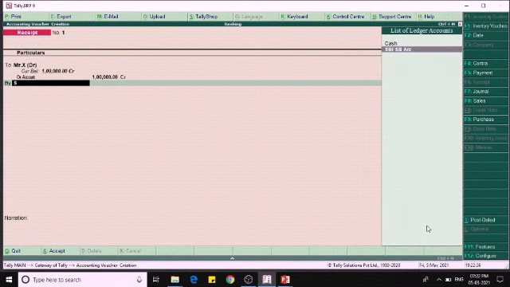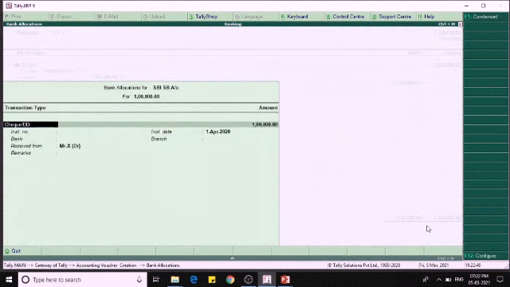Now I am giving the SBI SB account, and it will show the transaction types. After entering the amount in the debit side of the bank ledger, the bank allocation screen will appear like this. The received from name of the ledger will automatically be reflected here. We can override it with the desired name that must be reflected in the receipt.